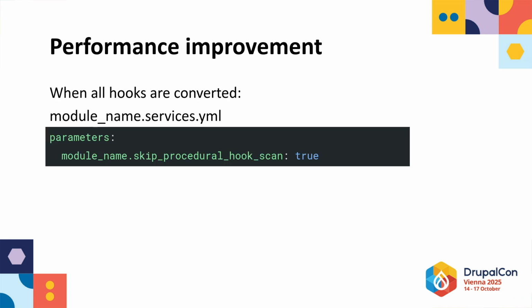You can also get a slight performance improvement, but as this starts to trickle out to everywhere, hopefully it'll have a bigger impact. Once you've upgraded your module to using hooks everywhere, you can add this to your services YAML, and it will stop scanning for procedural hooks in your module on the requests,